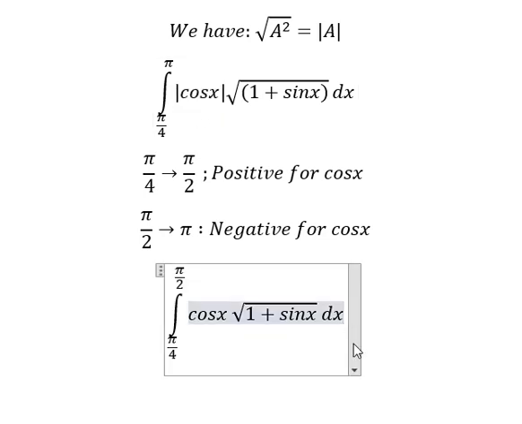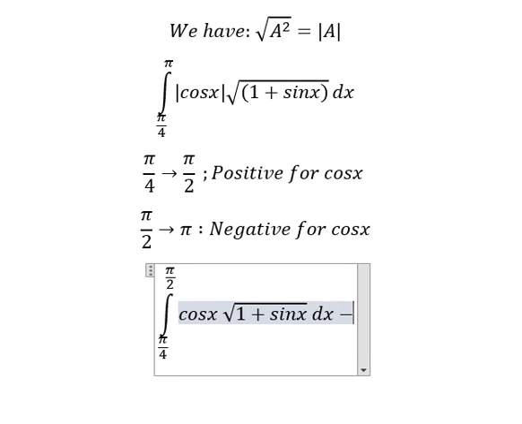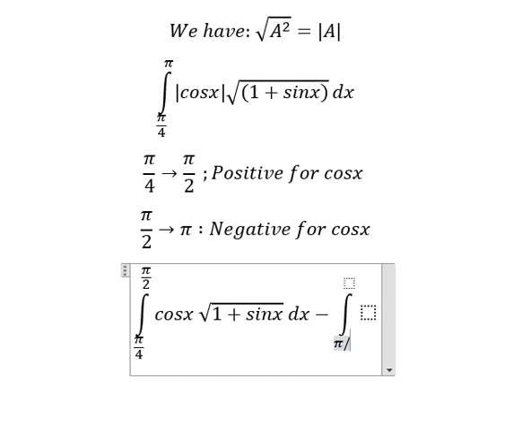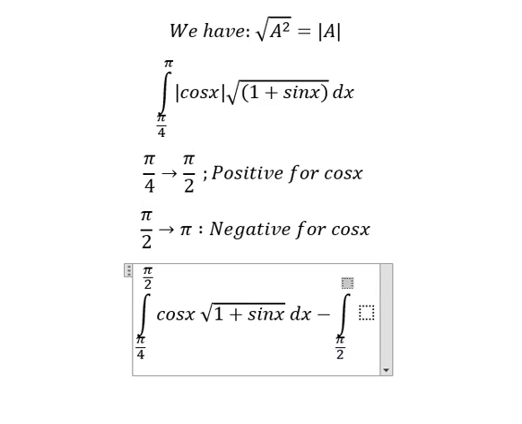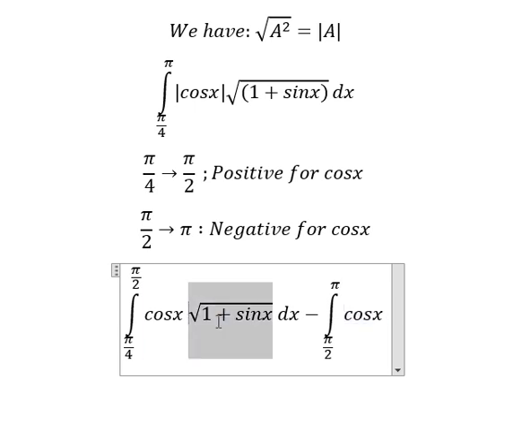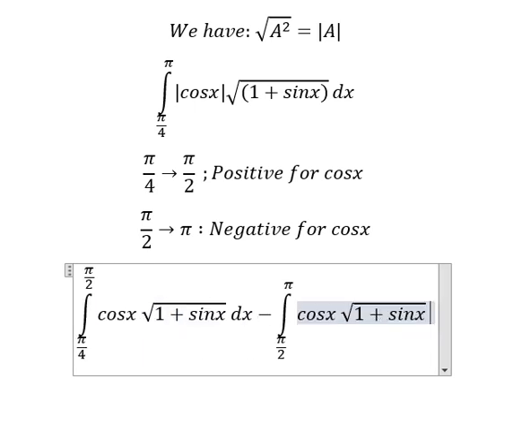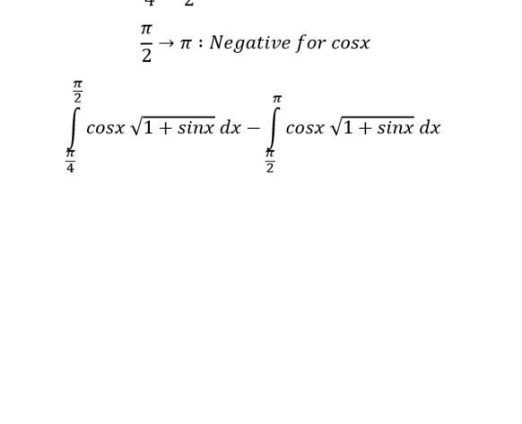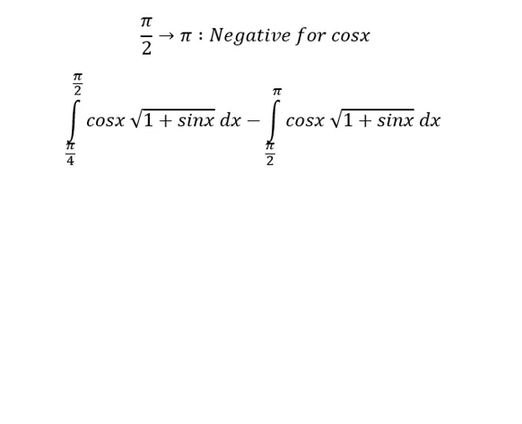So we need to put the negative sign in here. And we have the integration from pi over 2 to pi. Next, we need to use about integration